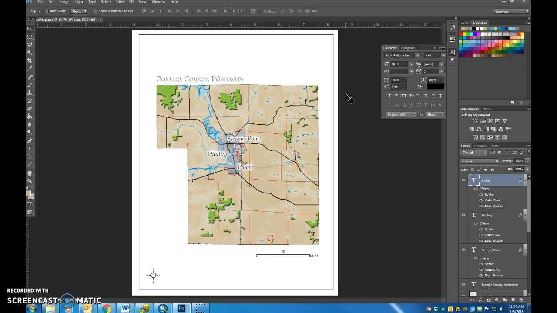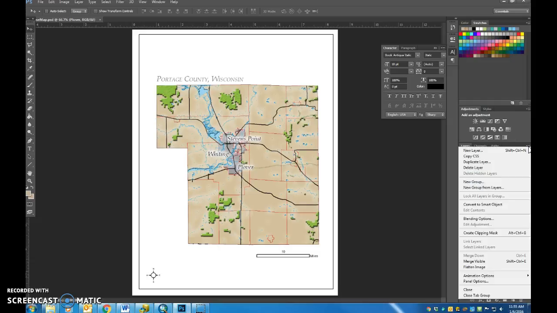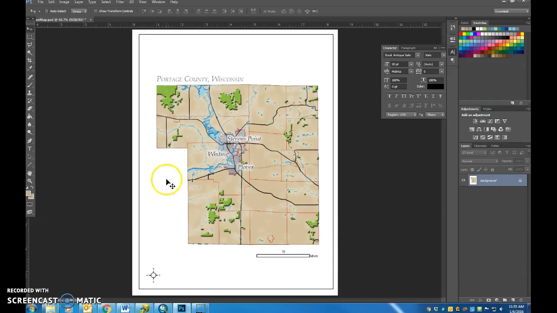Now what we want to do is create something that we can export out, that we can take into Word or we can send off as a PDF. Either way, what we want to do next is actually a two-step process. And one of those steps is really critical. The first thing is over here at the top of the layer menu, kind of click right here at the top. Go down and you hit flatten image,